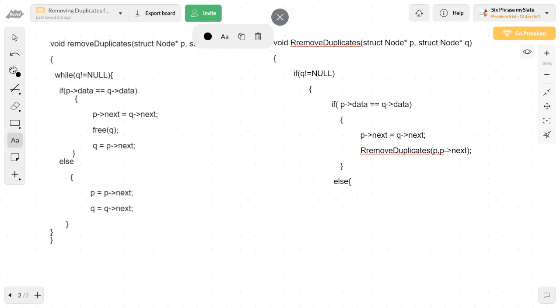When both the arguments are changing, you can do a recursive call by calling the same function again: R remove duplicates, with p changed into p of next and q changed into q of next. Okay, so the else part I will close, and also the if part I will close.